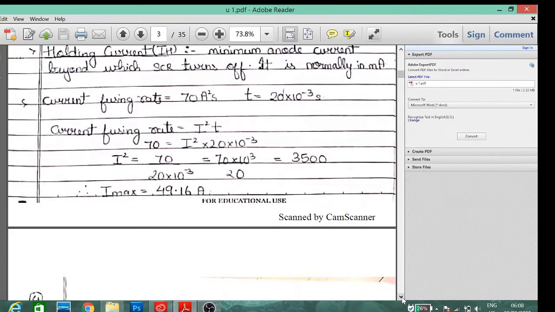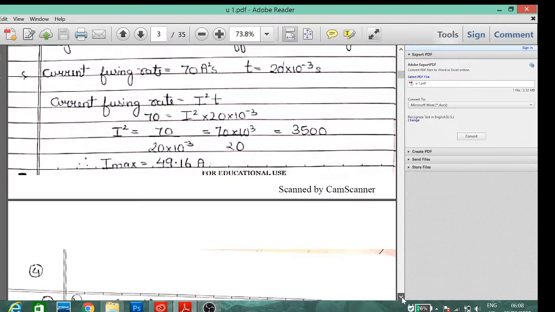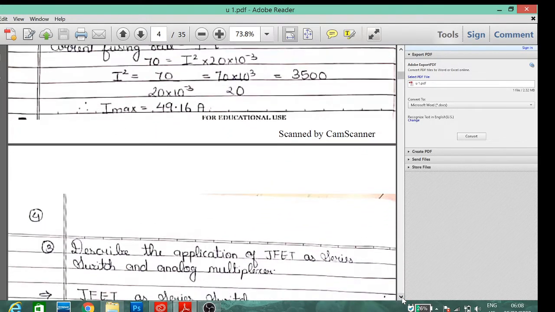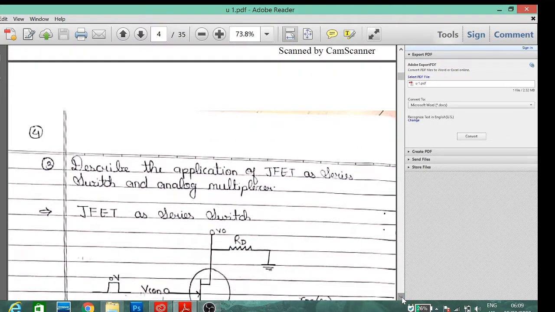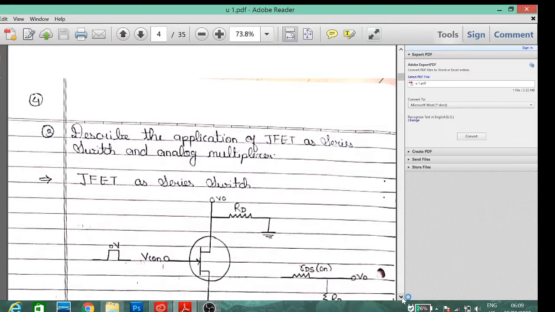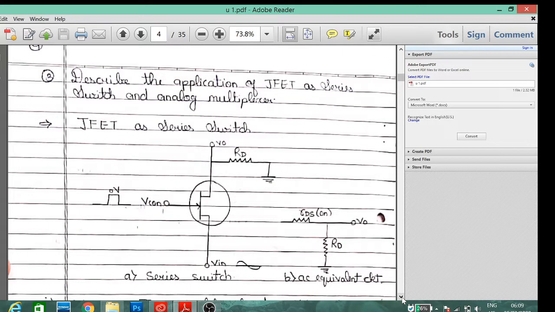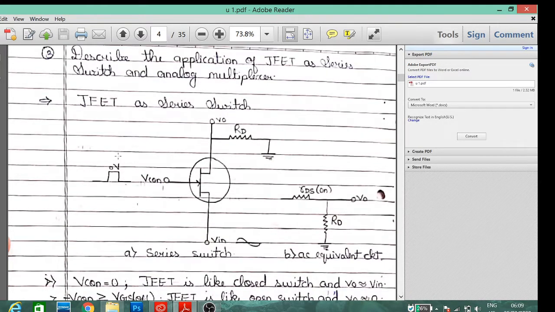49.16 ampere. Next question we have: describe the application of JFET as a series switch in an analog multiplexer. Now the series switch circuit is this, where you can see that RD is in series with the input